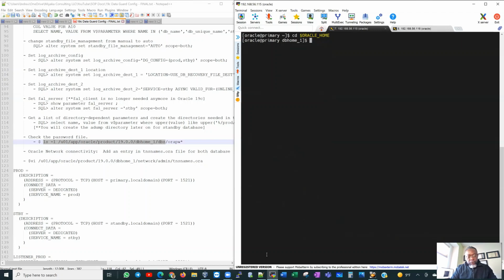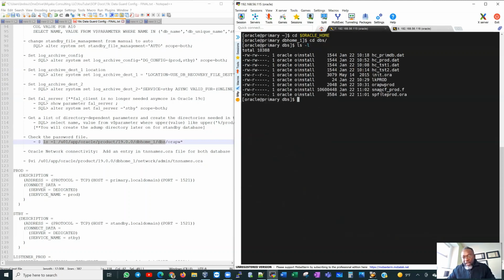Let's go to Oracle home, and then let's cd into our dbs folder. So we have our Oracle password file here. This is our password file for our production database. We are going to copy this over to the standby server and also make some changes to our network configuration. That way, these servers are able to talk to each other, and then we continue